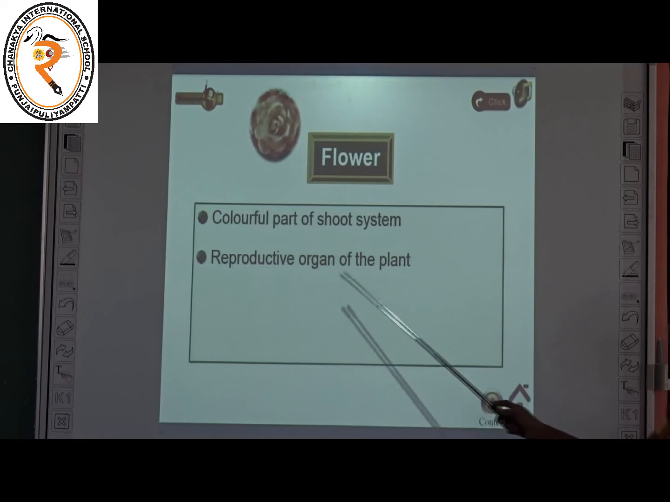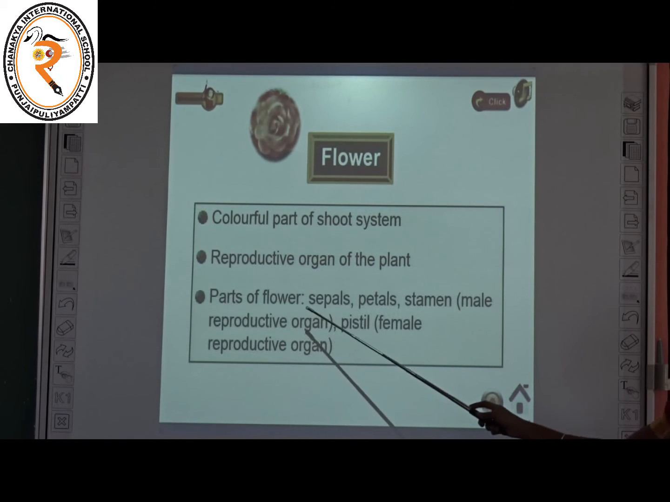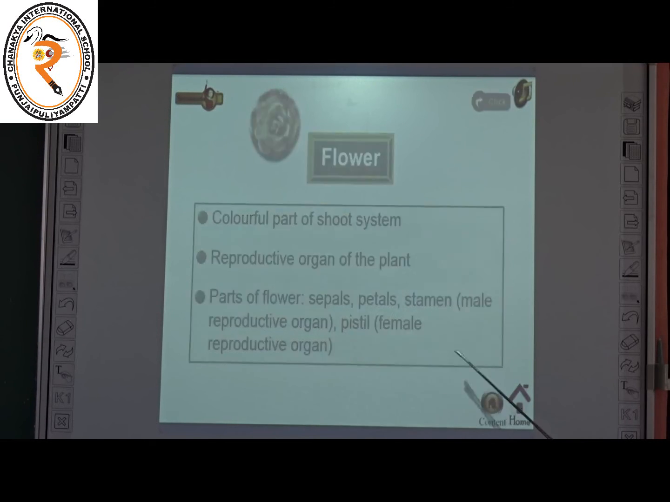It is the reproductive organ of the plant. Okay. The next one, the parts of the flower. There are mainly 4 parts of the flower: sepals, petals, stamen, which is a male reproductive organ, and pistil, which is a female reproductive organ. So make a note of it. What are the 4 parts of the flower? It is sepals, petals, stamen and pistil. In this, stamen is the male reproductive organ and pistil is the female reproductive organ. The next one,